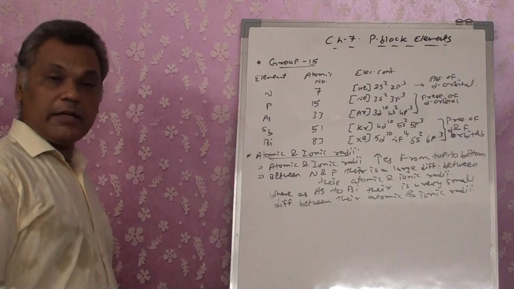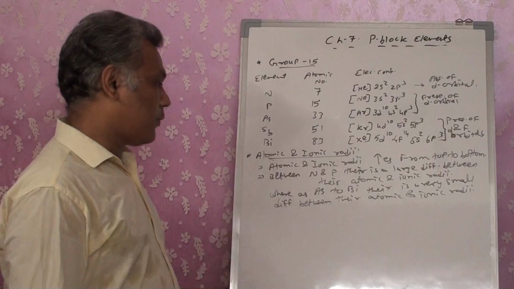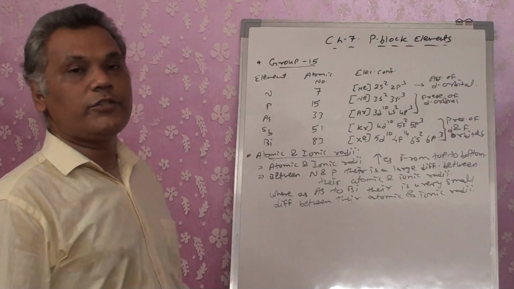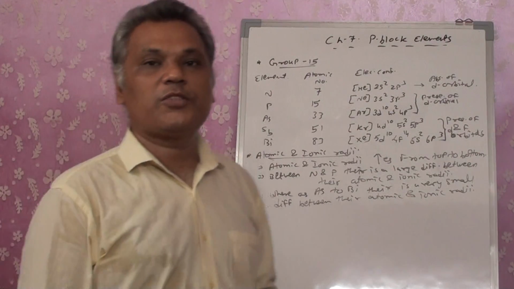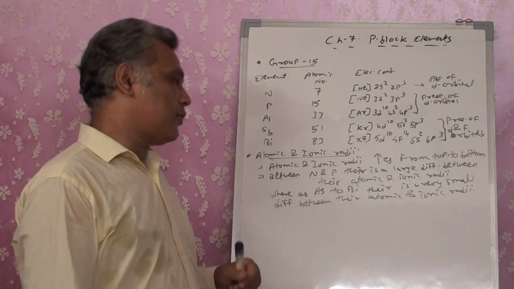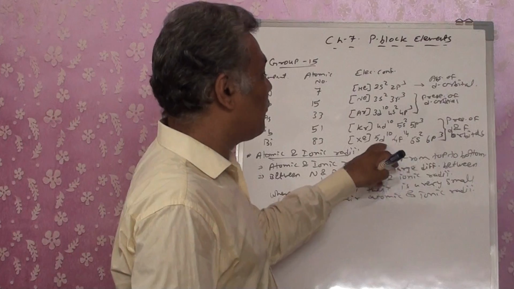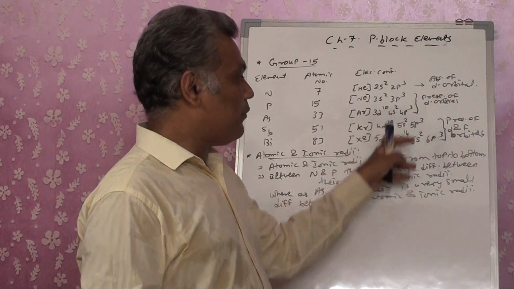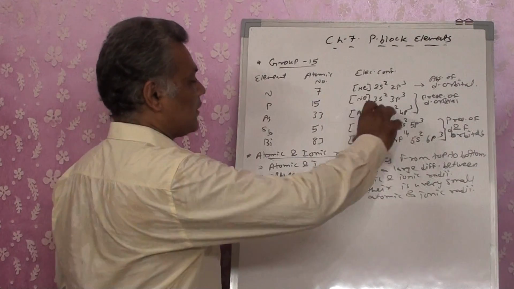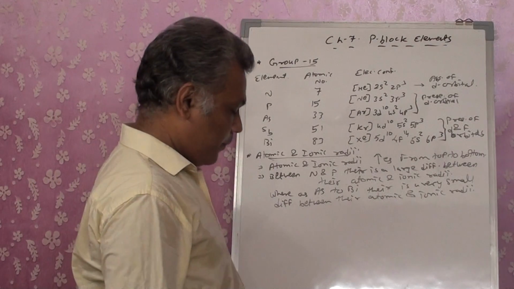Okay, is it clear? Now this can be one of the reasons why there is a very large difference between the atomic radii of nitrogen and phosphorus, whereas between arsenic to bismuth the radius difference is very small. What is the reason? Nitrogen has an absence of d orbital, whereas from arsenic to bismuth there is a presence of completely filled d and f orbitals. We don't have empty d and f orbitals, we have completely filled d and f orbitals between arsenic to bismuth, and that's the reason why we can see this trend, right?